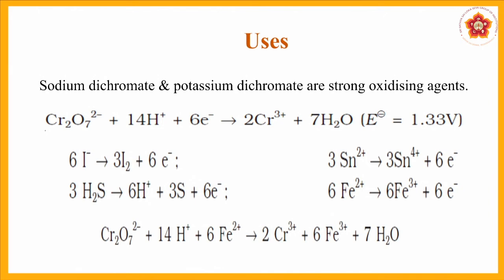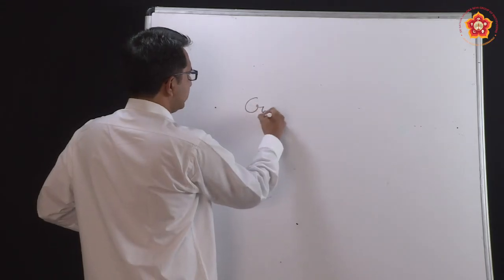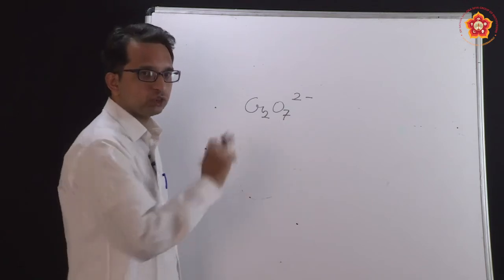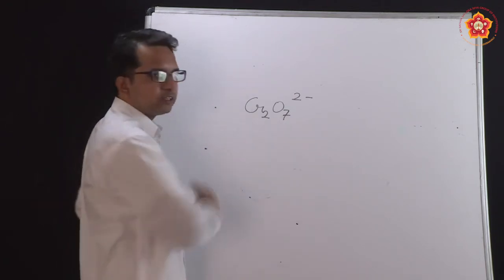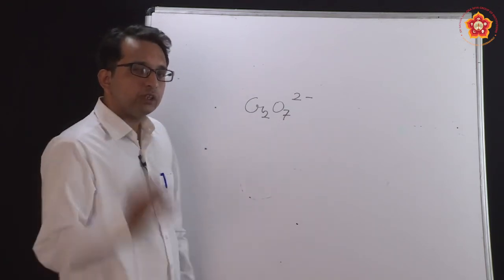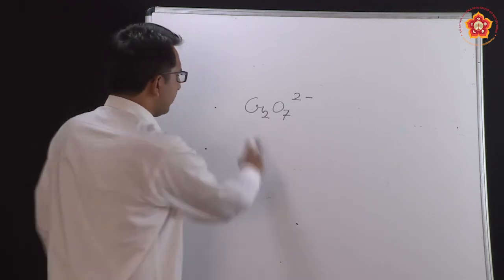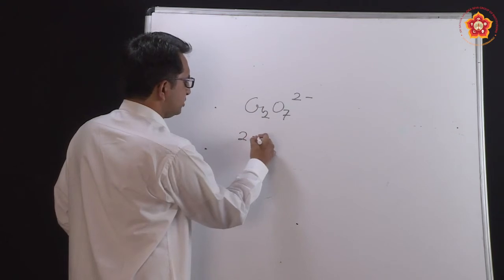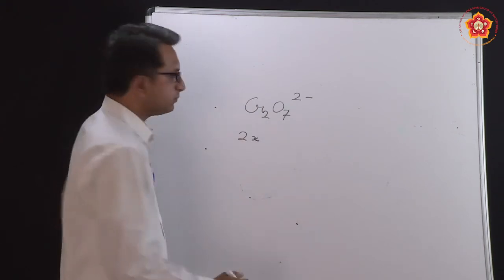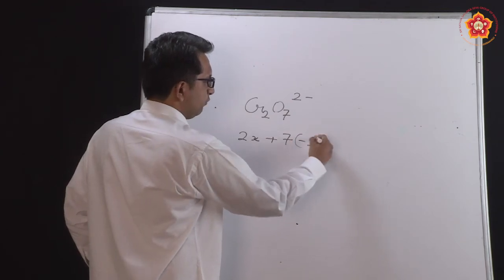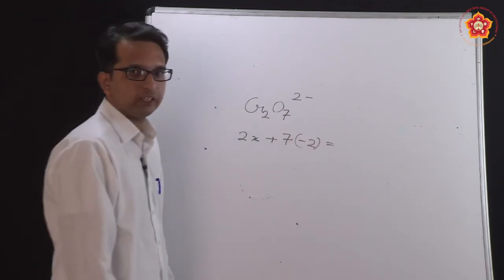ion of +3. The question is, what is the oxidation state of chromium in potassium dichromate? Let us see here separately, Cr2O7, and it is said that the charge on this is 2-. So how do we calculate the chromium oxidation state? This was also studied in the first year redox reactions chapter. So let me consider the chromium charge as x, because I don't know this, plus oxygen, 7 oxygens are there, and we know very well that the charge on oxygen is -2.